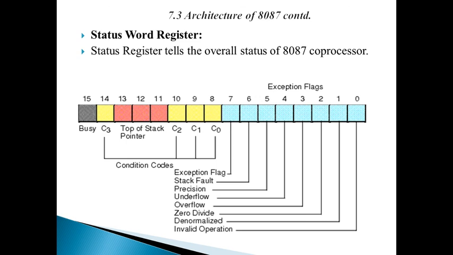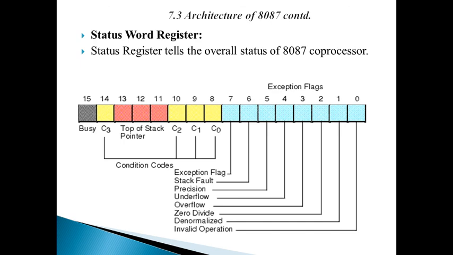So directly reading is not possible. We store this to memory, and once the status is stored into memory, the bit positions of the status register can be examined. It means we can read this word bit by bit. First, BP, the MSB, indicates that the coprocessor is busy executing a task. Next, condition codes C0 to C3 indicate various conditions of the coprocessor. Next, 3 bits for the top of the stack. It indicates which register is the top of the stack out of 8. So 3 bits are sufficient to give combinations from 0 to 7.